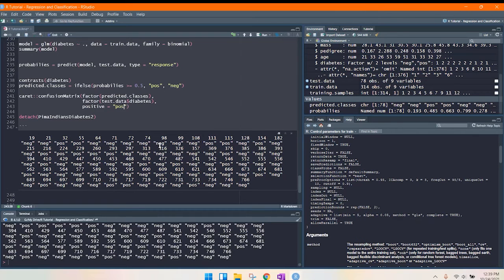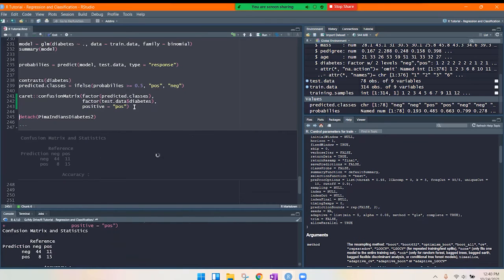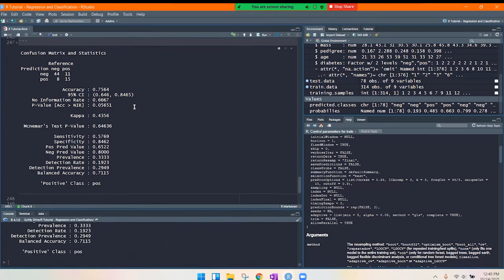equals pos. That just tells us that when the probability is greater than 0.5, which is when you're rounding it to 1, what is our actual outcome? Because if we put it as negative, we're going to get the opposite of what we want. By default, it's going to be negative, so you have to use positive equals this value every time you do it. If you run this confusion matrix, it's going to give you a lot of statistics, and this is the